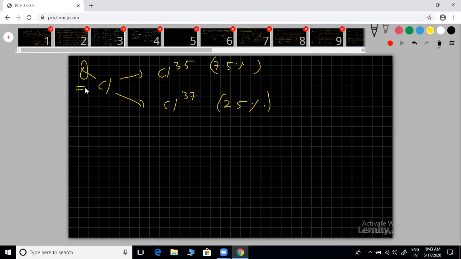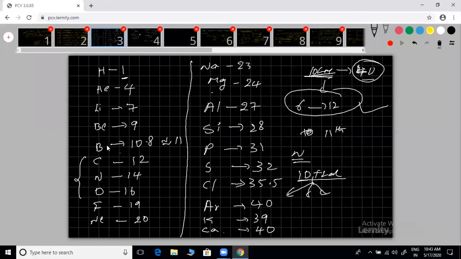I hope you understood something, I'm expecting. Not 26 point, it should be 35 point something. For chlorine you know that 35 point is already given. You should get this as the answer. Yes, correct answers. At least we are getting an approximate value, fine. Very good. By calculating this only we are getting these values which I gave on the third slide. This is the same thing I mentioned; we calculate from approximate weights.